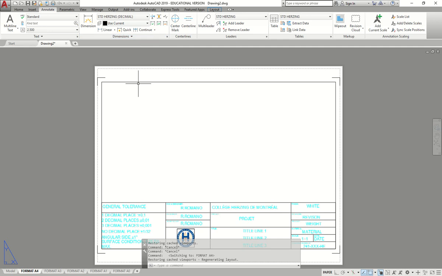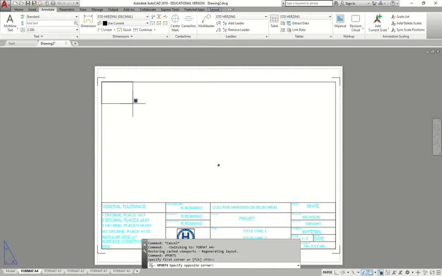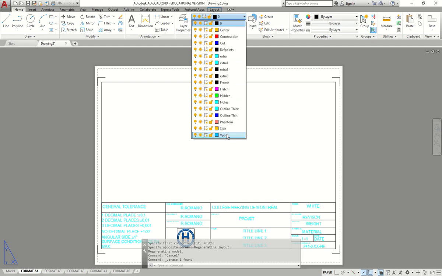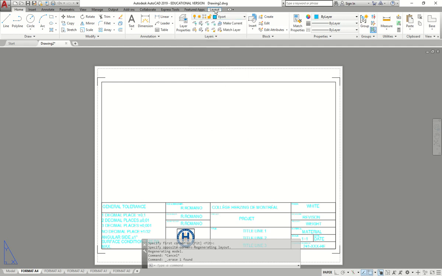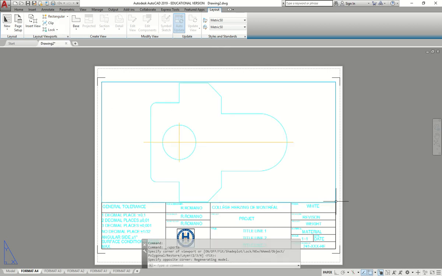So we're going to go type in a couple ways. You could type in viewport and do single and make it inside a box. That was one method. Another is we can make sure that we actually have our viewport layer on. Go to layout and we're going to go make a rectangle object from here to here, and we're going to place our drawing. We saw that? So there was two methods. There's a lot more, but